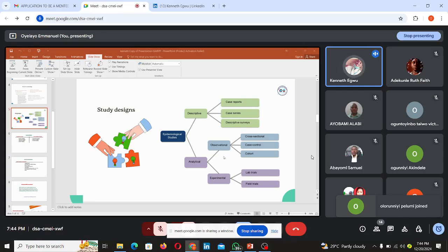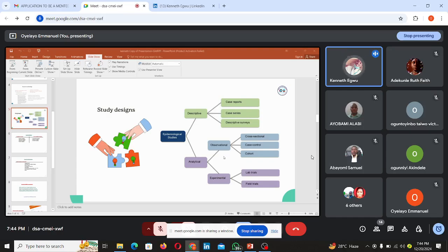But then when we come to analytical, it involves collecting data to quantify the variables, to quantify the relationship between variables. So if you have seen studies that involve cross-sectional surveys or case control, you see that in most cases they are trying to quantify variables. They are trying to get data. For instance, if you are studying knowledge, attitude, and perception, the data you are trying to get, you are trying to quantify how much knowledge they have, and whether this knowledge is influencing their misuse or abuse of